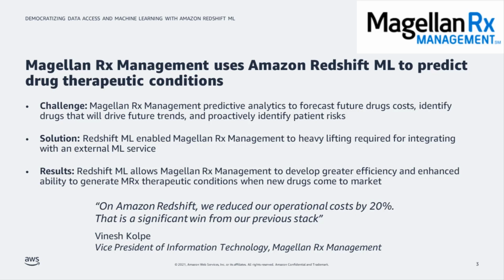And Magellan had a goal of improving their operational costs while not sacrificing the clinical accuracy, which is all important to their business. Redshift ML turned out to be the ideal solution for them because through our simplified model flow and automation, they were able to avoid all of those manual processes and actually achieve their goals by reducing operational costs by 20% without sacrificing any of the clinical accuracy. This example is very inspirational to me because Magellan and companies like it are developing products that improve all of our lives and the lives of our families as well.